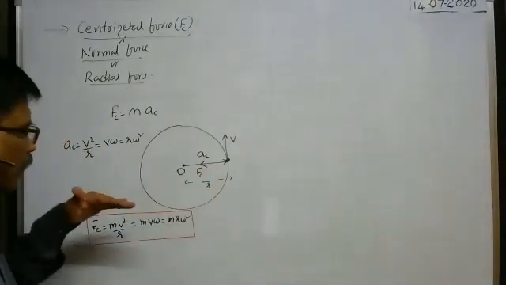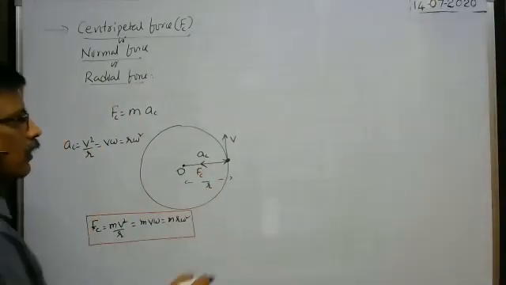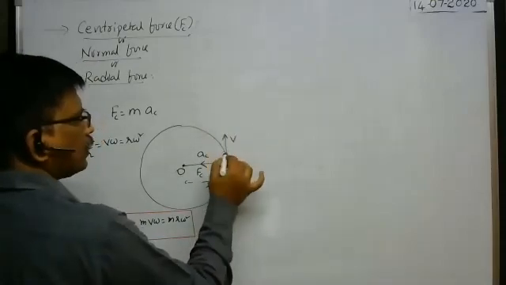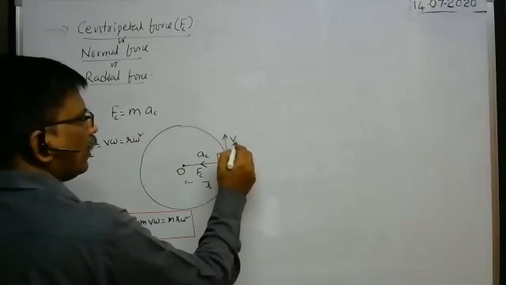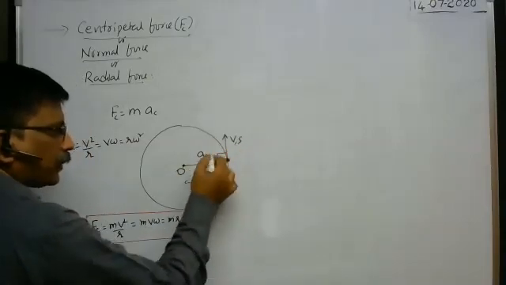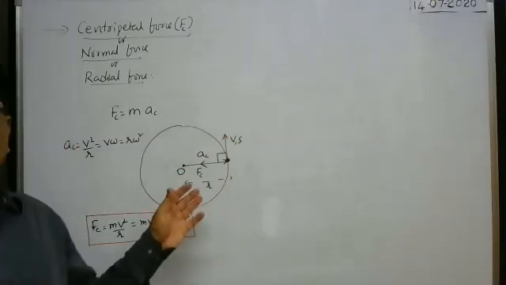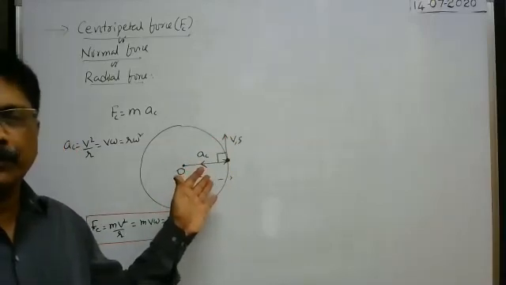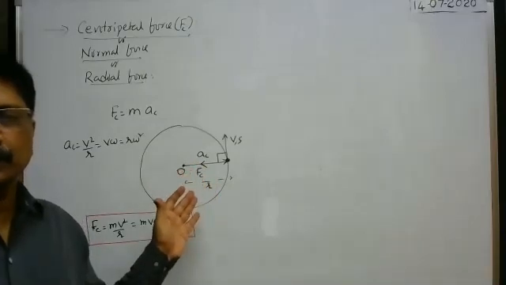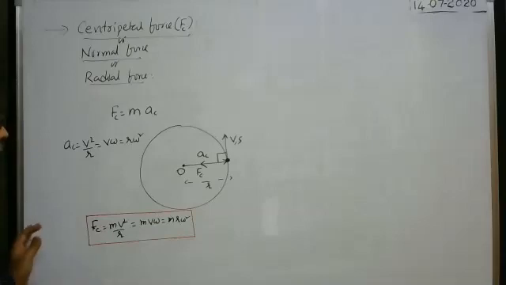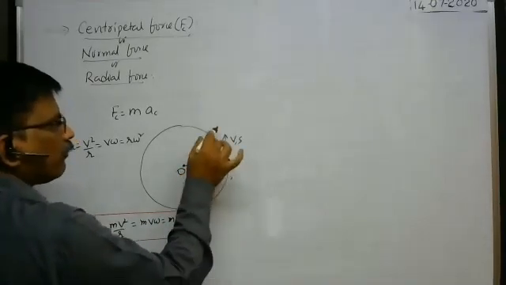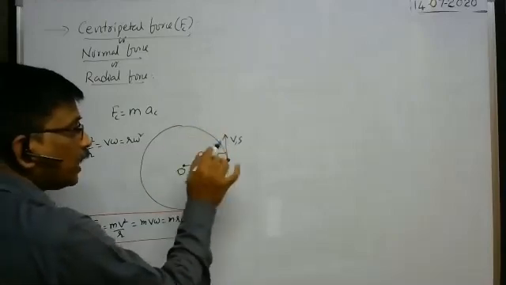What is the work done by the centripetal force on a body? At any instant, the displacement of the body is along the tangential direction. That means the angle between the displacement of the body and the centripetal force is 90 degrees, they act perpendicular to each other. Then what is the work done by centripetal force on the body? Zero. If the work done by centripetal force is zero, there is no change in the velocity of the body, no change in the speed of the body.